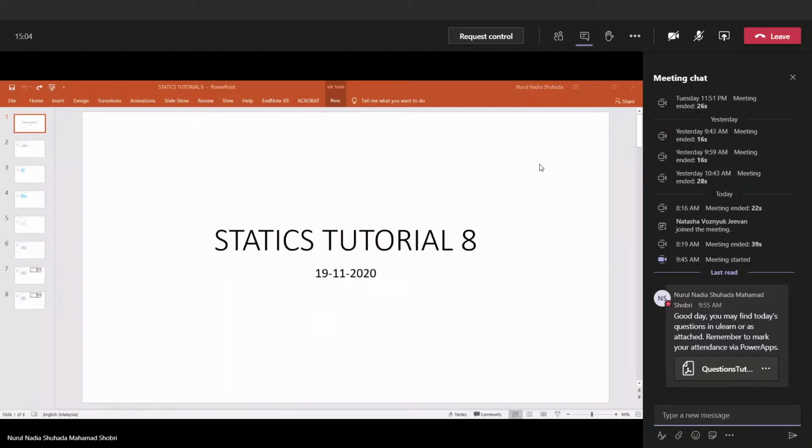So today it's already 10. So today we will do tutorial questions for chapter 9. It's all about center of gravity, center of mass, and center of area. So since there are only 6 of you,